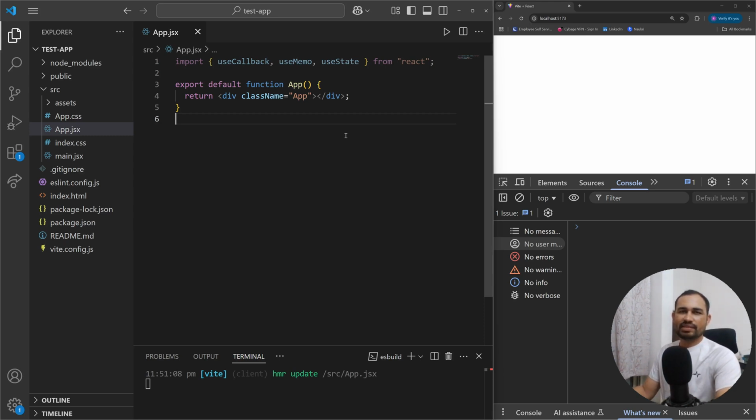So today we will see the difference between useCallback, useMemo and React.memo. These are the performance optimization techniques we use in React.js. And also this is a very common interview question. So the interviewer might ask you to write some code and explain how we can use useCallback, useMemo and React.memo in a real-life project. So please watch this video till the end so you'll get a clear idea about how we can